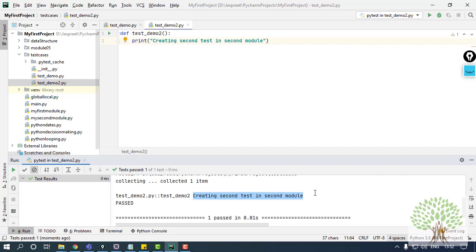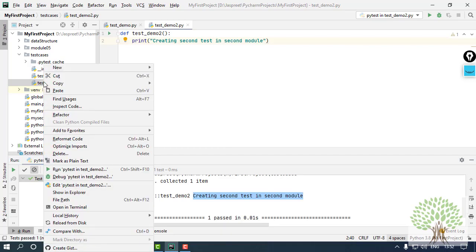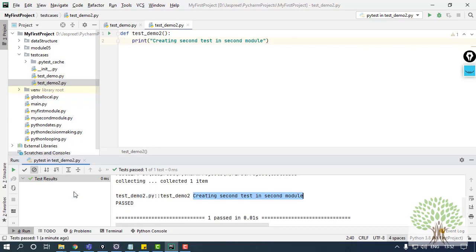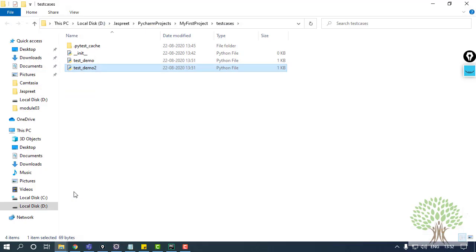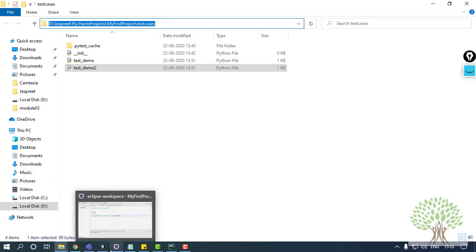Also, whatever test cases you are making, you can run them from your command prompt as well. What you need to do is know the location where your test cases are lying. Now in PyCharm, how can you check the physical location of the test cases in your system? There is an option, show in Explorer. When you click on this option, it will take you to the physical location in your system like this. From here you can get the path of your package where your test cases are lying.